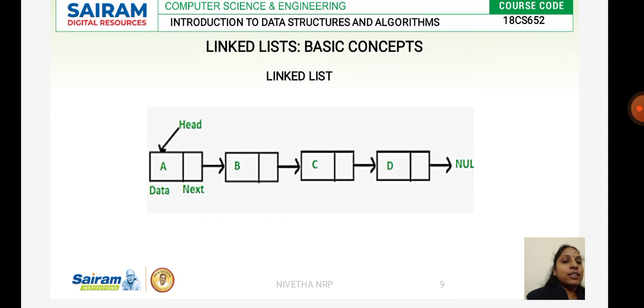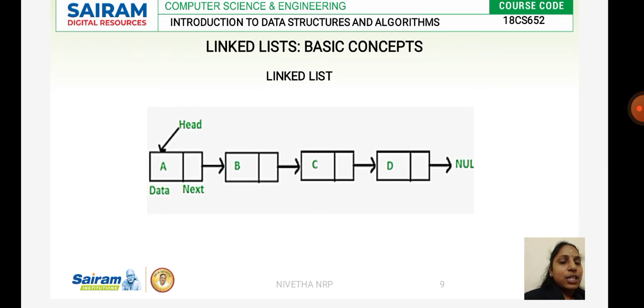Then the next node is B, and B's first field is the data field, that is B, and the next field is nothing but the address of the element C. So it is going to represent the address of the element C, so that it can directly go to that particular address to access the element. So C, the third node, is again a node which is having the data as C and an address of the next element. What is the next element we have?